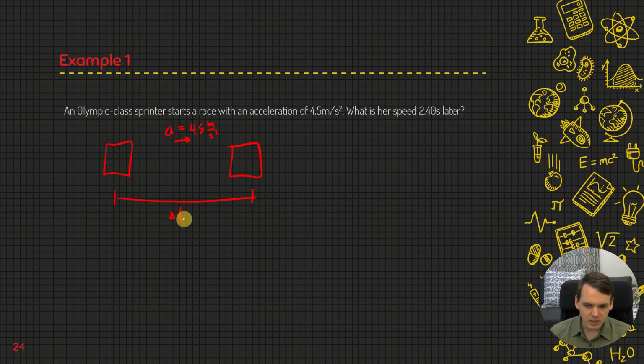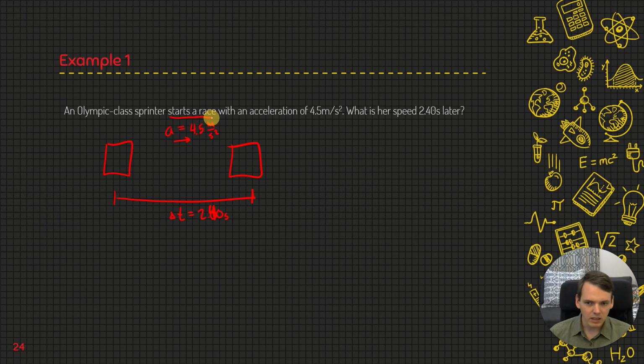I've labeled the distance between her initial and final position so that I can put my time down here as 2 seconds. So I'm basically saying between this first and last thing is 2 seconds, sorry, 2.4 seconds. So we'll just jam that in there, 2.4 seconds. And it seems like that's all we have, but